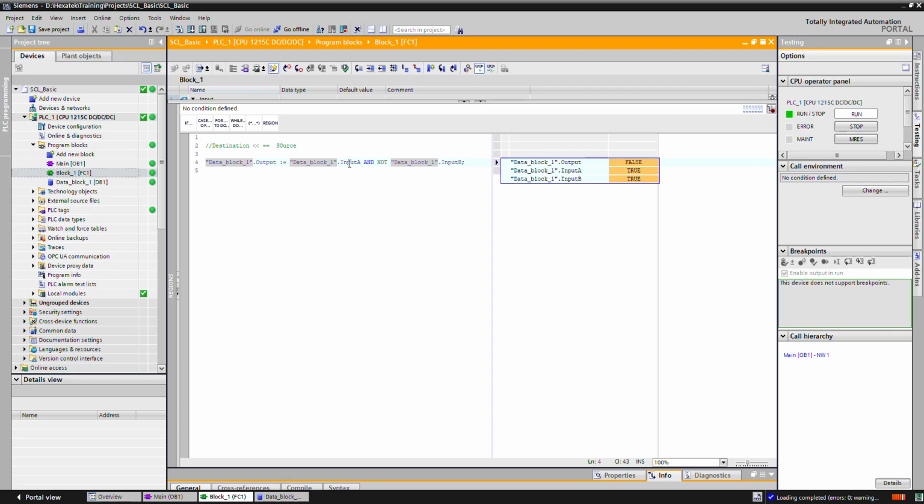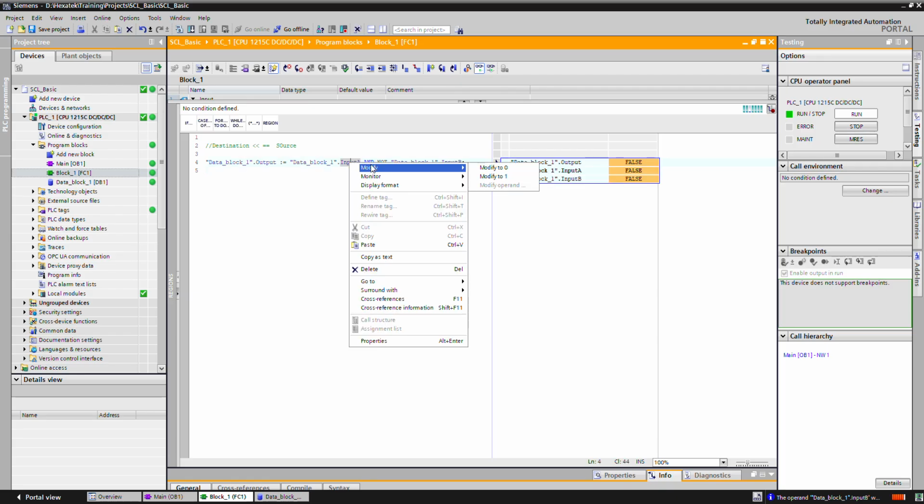Okay, so now initially we will make it 0. Now if our input B is 0, the value of this becomes 1. So if the value of NOT input B is 1 and input A is 1, our output will become 1. Now here if we make it 1,